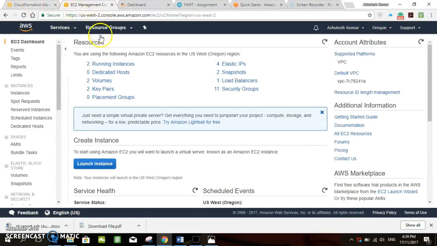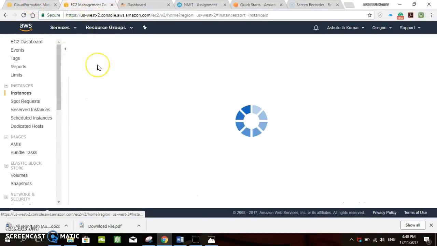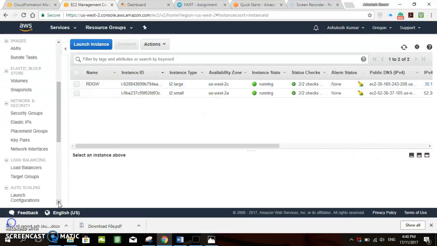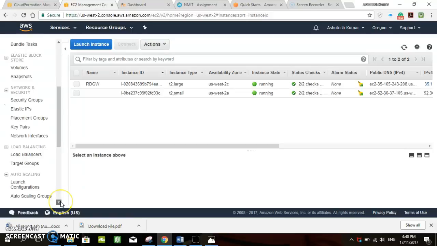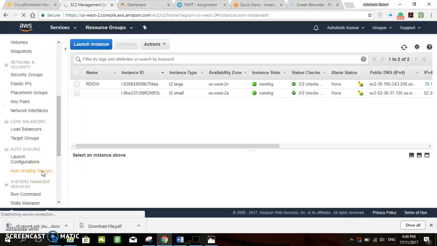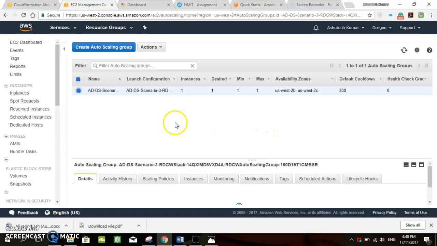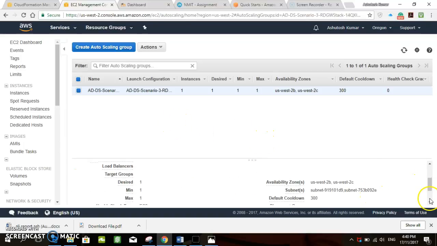so it is opening my EC2 instances. So here I can see my running instances here. So for that I need to go to the auto scaling thing. So here in my instances I can see my auto scaling, as you can see. Then we have to go to the auto scaling groups. Now it will open the auto scaling group for me, and yes, now here's the thing that we need to